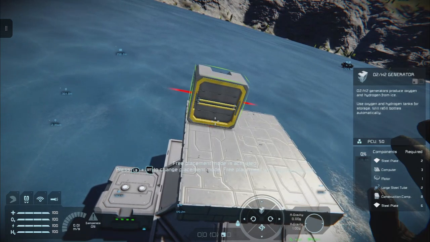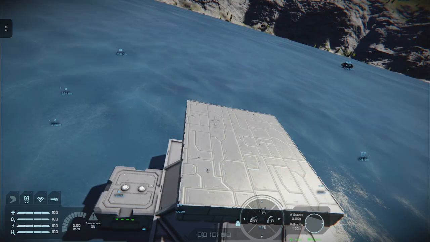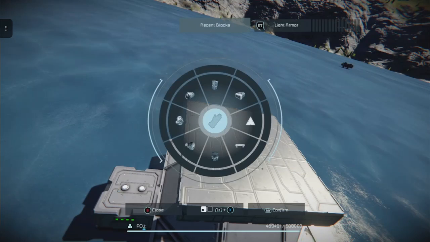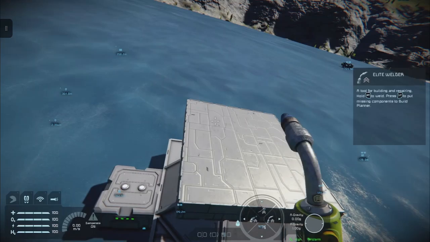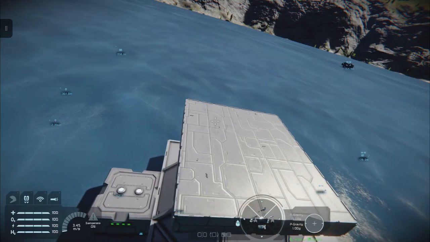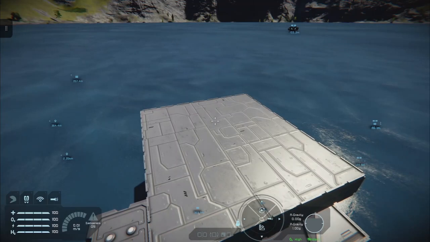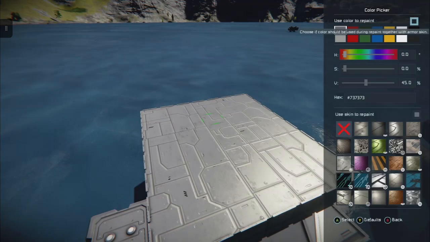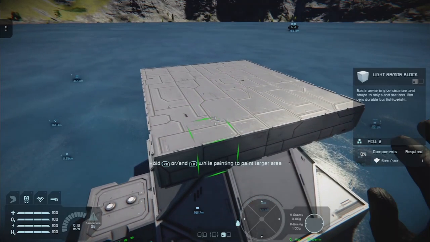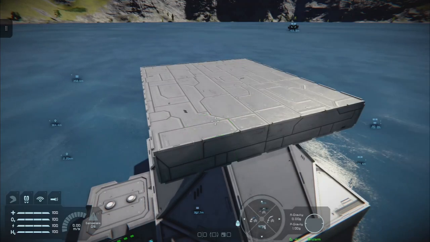If I want to remove a block from my controls, LB B, and I can remove that block, close the window. Same for tools, LB B, and you can put your tools away. And it also works on the paint tool. So you press B to close that, and then to actually get rid of the paint tool itself, LB and B.